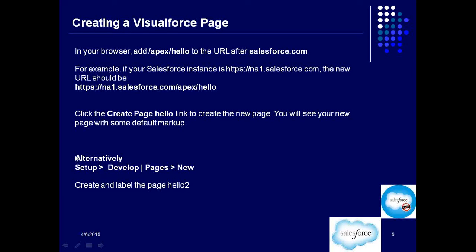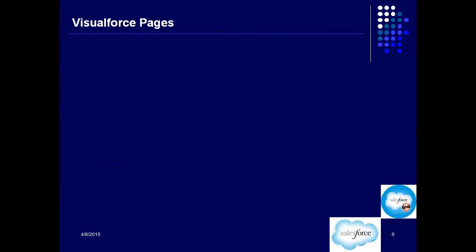Okay, so this is just good to know information, an alternate way. At this point of time you should just know this, but you should use the same URL approach for creating the page, right? So we know how to create a page, that's there, fine. Now, what does a page consist of? Let's understand what this page consists of.